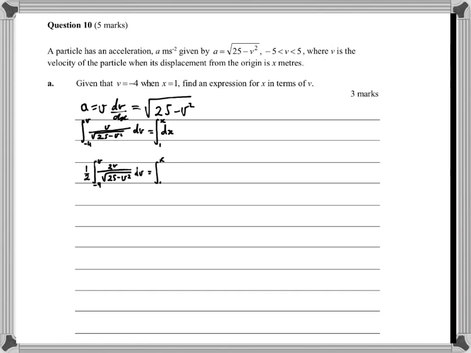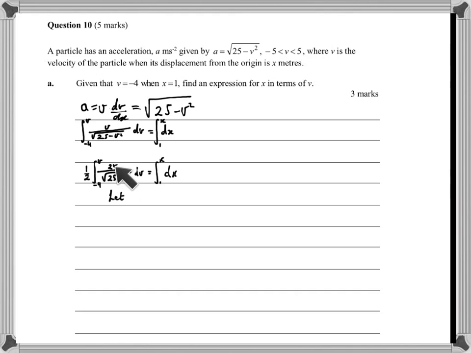So let's start integrating. What we notice here is this structure matches an inverse sine rule. Okay, so does it? No. Let's see what we have to do. Right, we've got to do it as a substitution method. So looking at your denominator, we have a 25 take v squared. Now, if that is u, let u be equal to that,